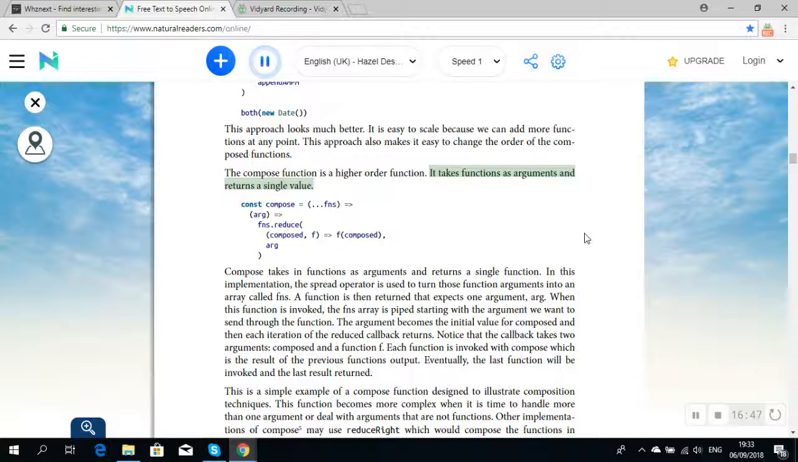The compose function is a higher order function. It takes functions as arguments and returns a single value. const compose = (...fns) => (arg) => fns.reduce